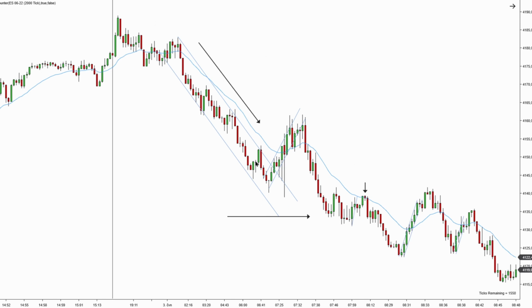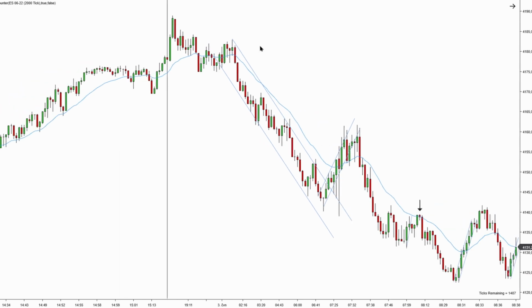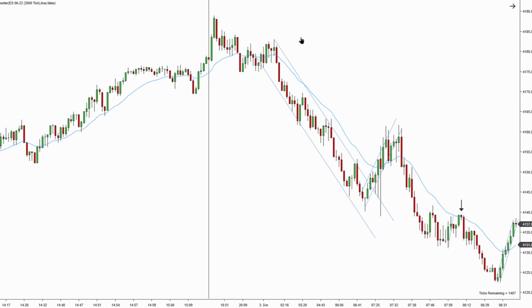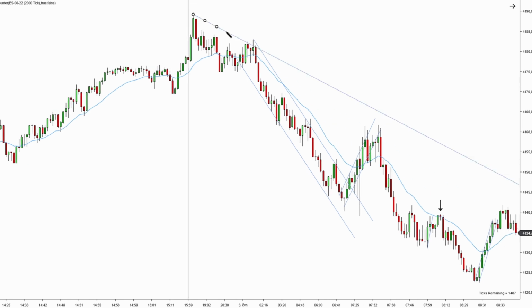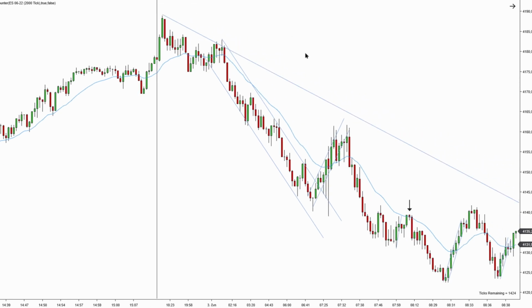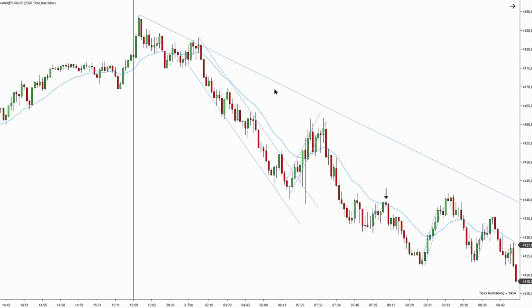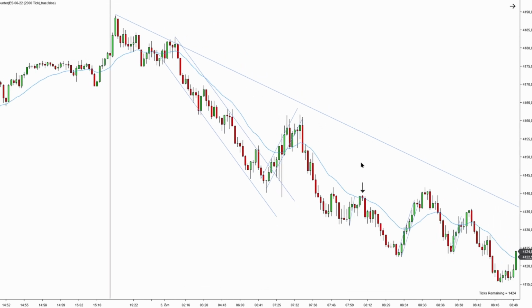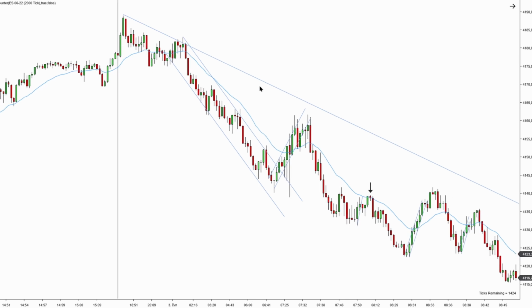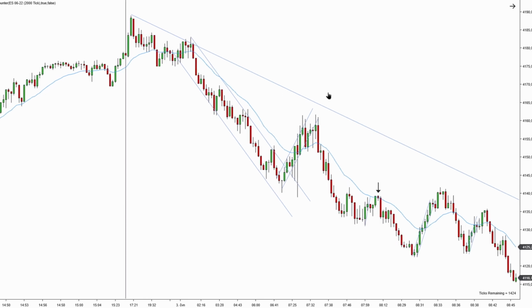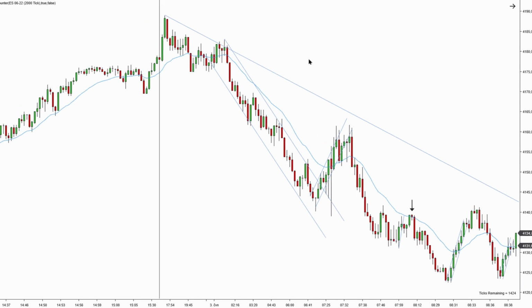So I have channel number 1. Now I need to identify channel number 2 for the bigger pattern. Most of the time you will identify the bigger channel off the very first few swings. So I use these first 2 swings, but I notice that I'm coming up short off of these highs and there's a lot of room at this point. I didn't really like that because the channel is supposed to fit nicely. So what I did, I curved it a little bit at the very start